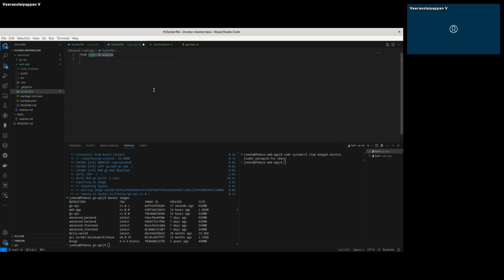Okay, and then I mention my working directory. It should be app/web app. This is my working directory, where you can see the files and folders. First I want to copy the packages-related files. For Node.js, the packages